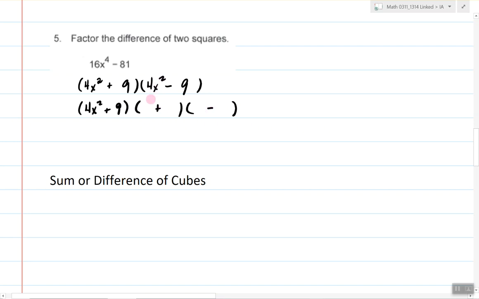The square root of 4x squared is 2x. The square root of 9 is 3. You must write all of this or type all of this in order to have it factored completely. Our next problems, I'm going to go ahead and do the multiplication, but